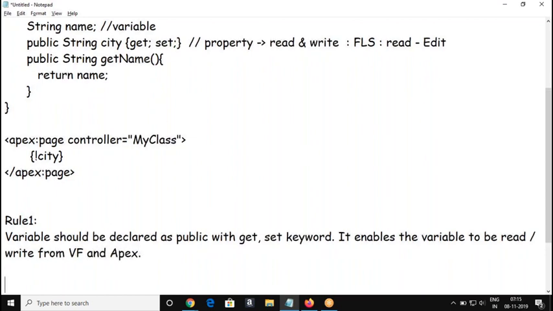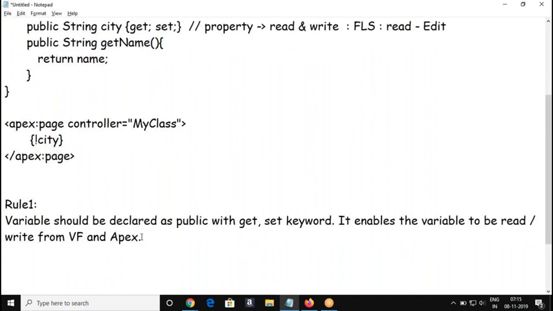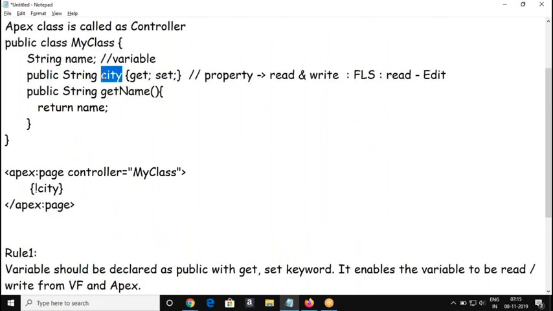So that you can read the variable from VF, and you can also assign a value from Visualforce to Apex, right? And you can also assign some value to the variable city, and you can read the variable at the Visualforce page.